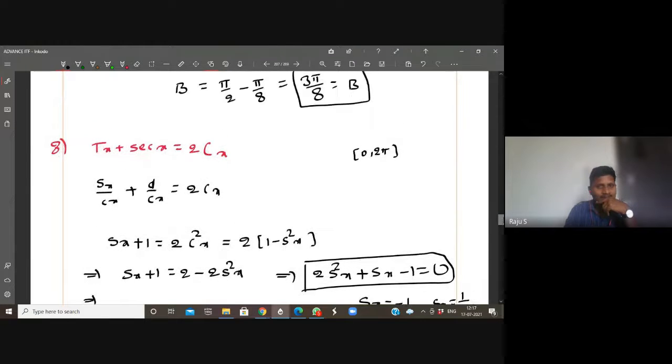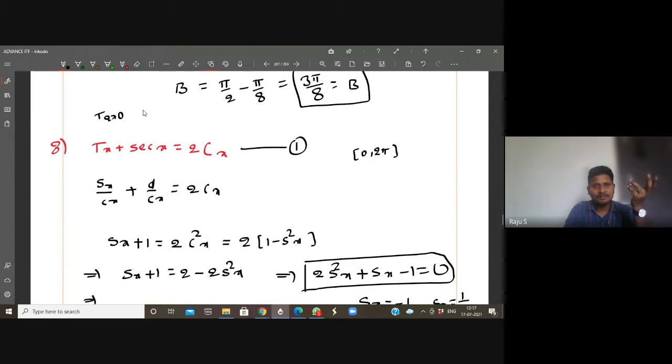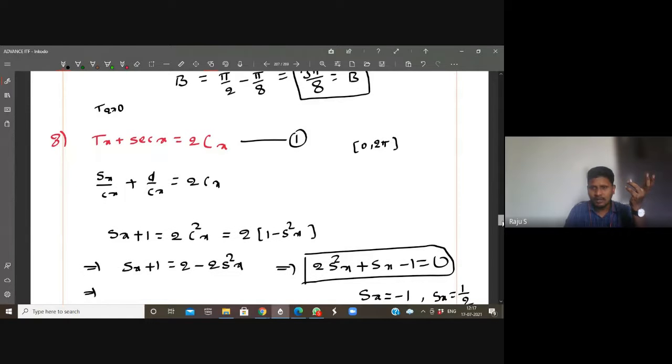No one can get the idea. What about the given equation? Tan x. What is tan 270? Infinity. That's all. When you substitute, when you take 30 or 150, both will